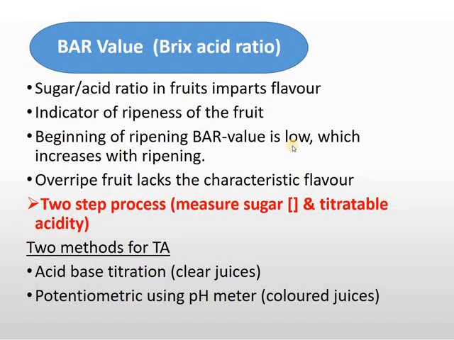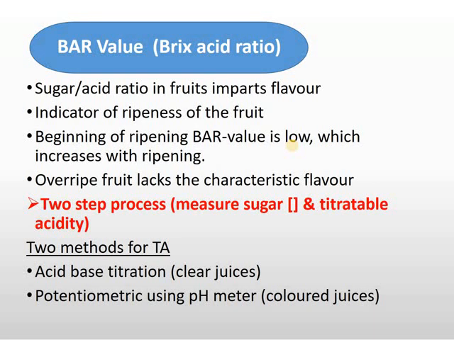After sulfites, the last one, which I'm still going to include here, is the bar value. The bar value is known as the Brix-Acid Ratio. So what this actually means is that the Brix-Acid Ratio is the ratio of the sugar and acid in fruits. And this ratio or bar value is actually used by your farmers to know when is the right time to pick fruit. They obviously have their ranges whereby they want to see if the fruit is ripe,